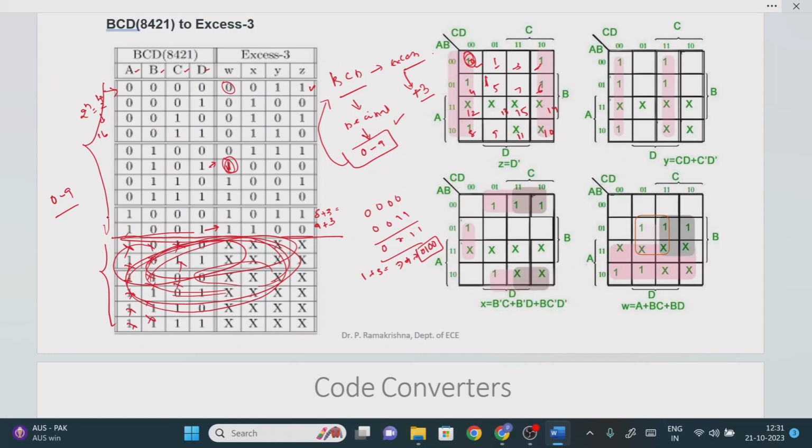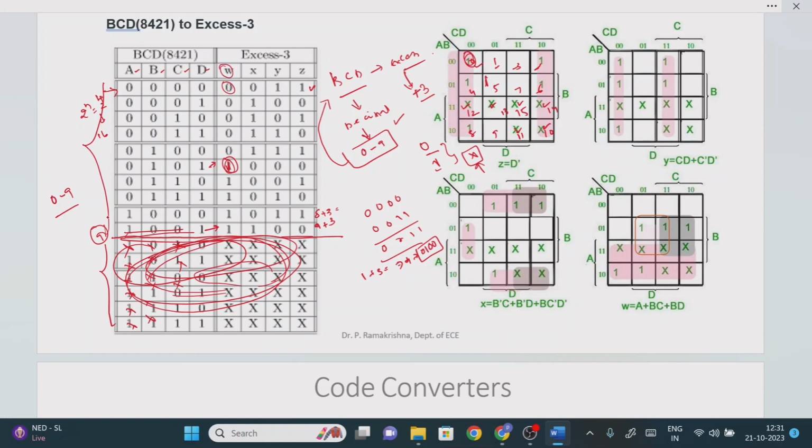But here in the K-map, we know values only up to 1 0 0 1, which is 9. Then what about the 10th position, 11th, 12th, 13th, 14th, 15th position? It means we are not able to identify whether these outputs are 0 or 1. So in this case we have something called the don't care combination. The moment you don't know whether the output value is 0 or 1, we represent it with the don't care combination, right? Now let me explain one, then you will understand.